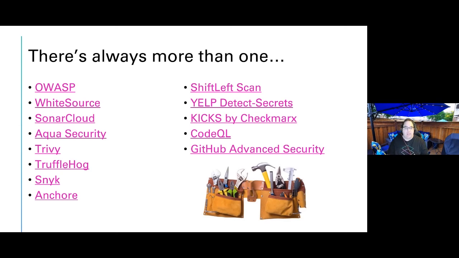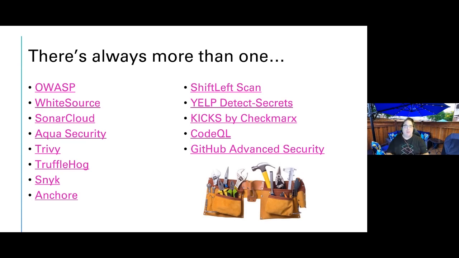Detecting secrets with Yelp or Anchor or Trufflehog, right? And then open source tools provided by things like Checkmarx or GitHub Advanced Security. That's the one we're talking about, where it will detect an issue in the code, but then submit a PR to fix it for you, so you can review it.